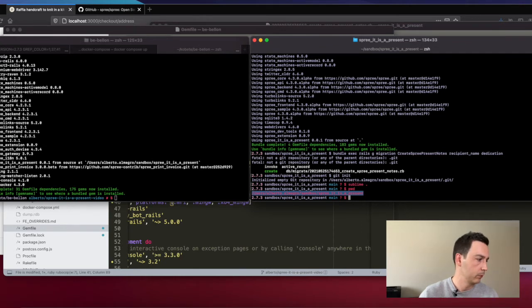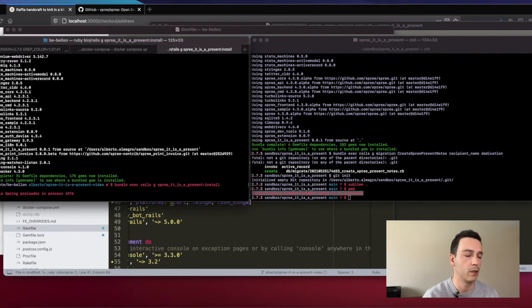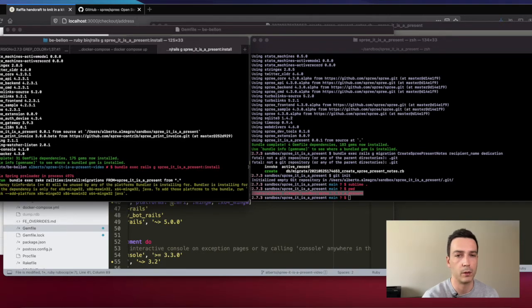So, okay, once this is installed, we need to execute this command here, which is provided by the Spree extension command, which is like running something with a Rails generator, and it's basically spree it is a present install. What this is going to do is install everything that your extension needs to be